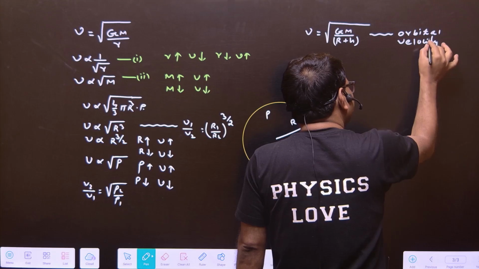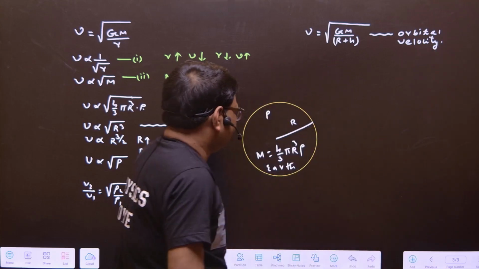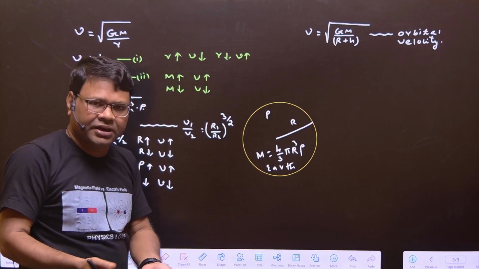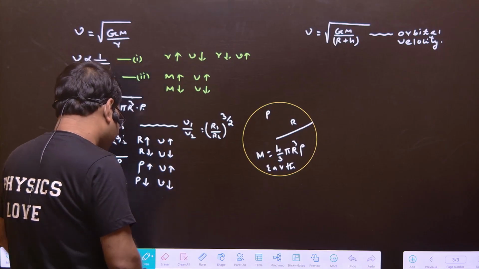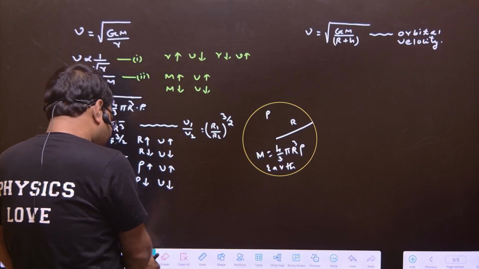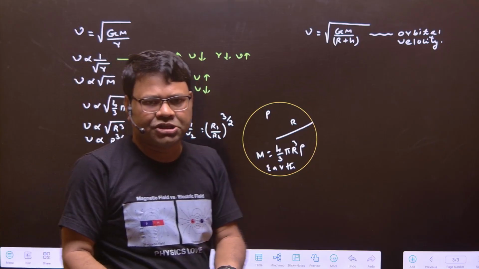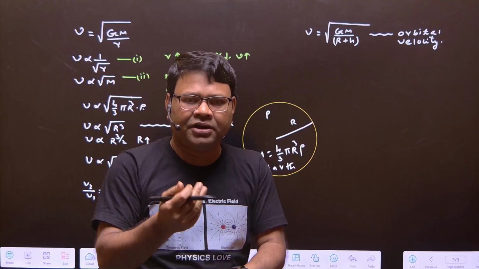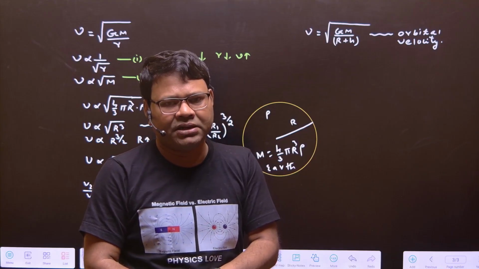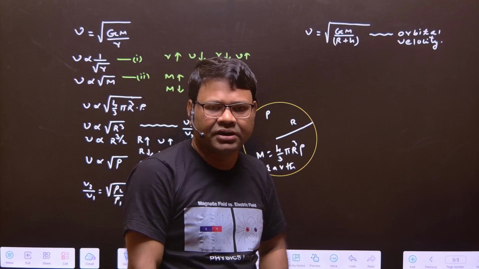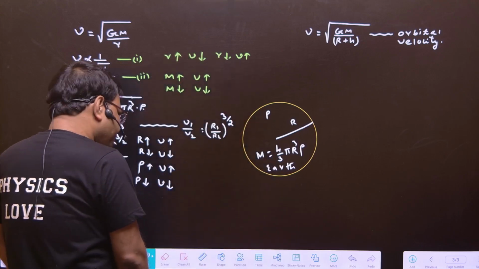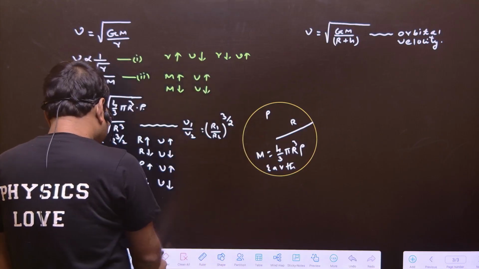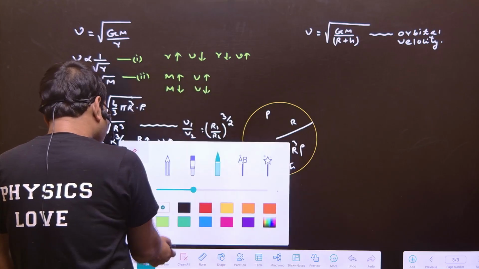Okay. Now see, what will be the time period of the satellite? Please write here the time period of the satellite. Time period means, for one complete rotation, which time is required? For one complete revolution of the satellite around the planet, that is called the time period. Now, the previous picture, I am using it again here.